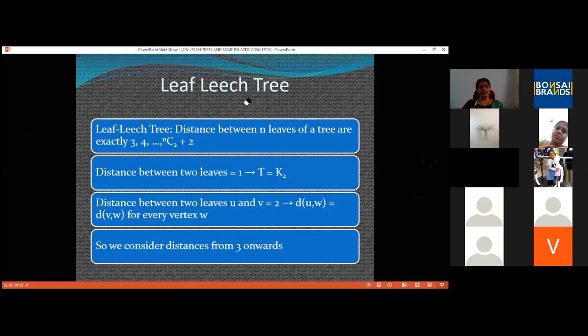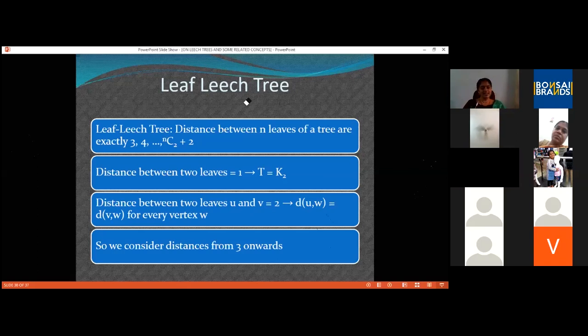I find all distances between pendant vertices, that is, leaves. In trees, we call the pendant vertices leaves. So we are computing the distance between two leaves. Take all possible leaves, assume that there are n leaves, and compute the distance between every pair of leaves.